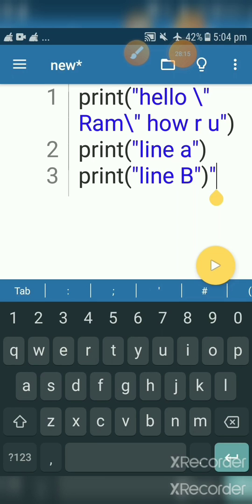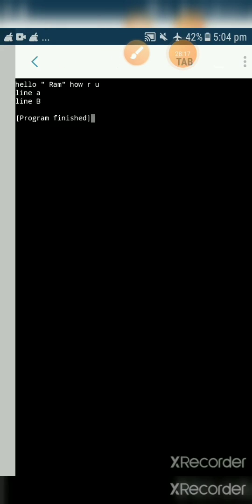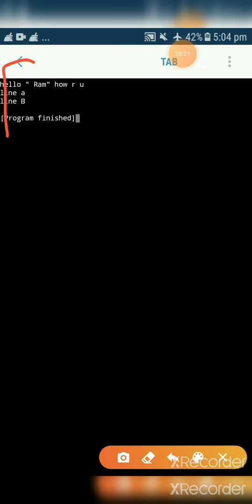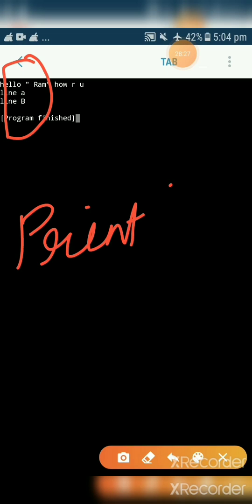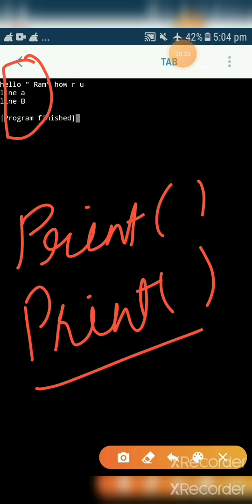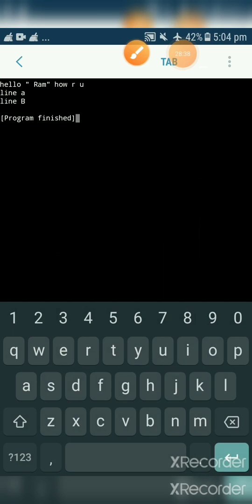Okay, now enter. What you are able to see, concentrate here, line A and B are on different lines because I have used print 2 times. Now if I want to print in the same manner without using the print function 2 times, what should I do?